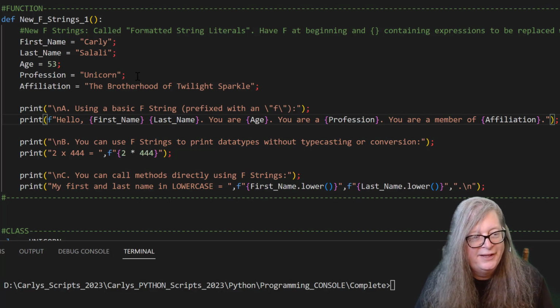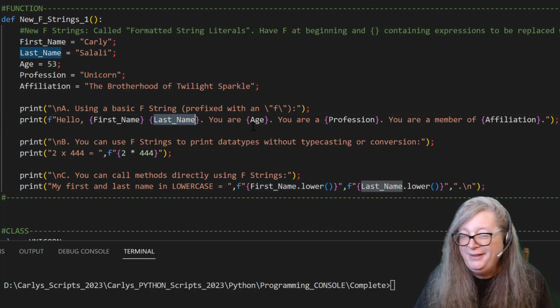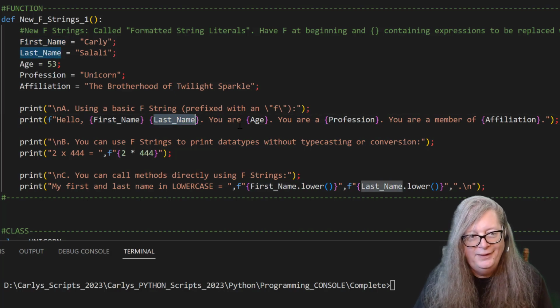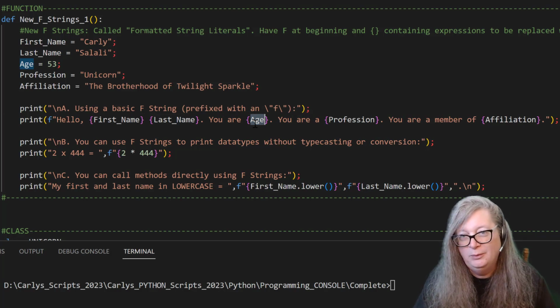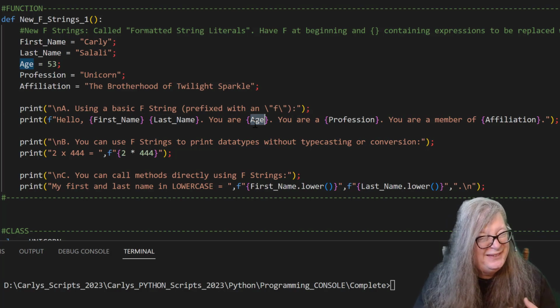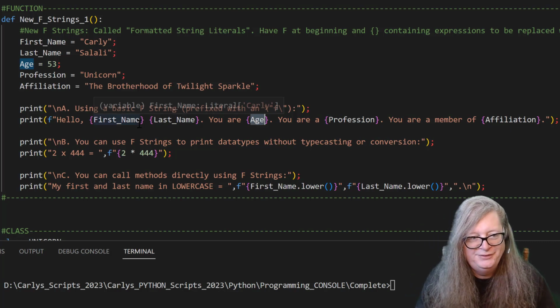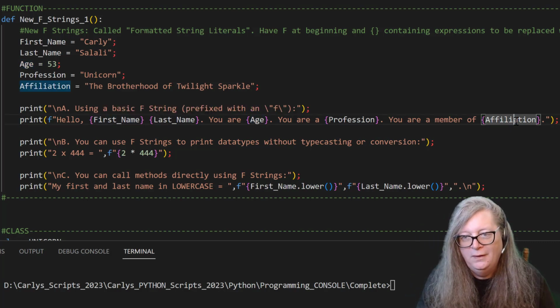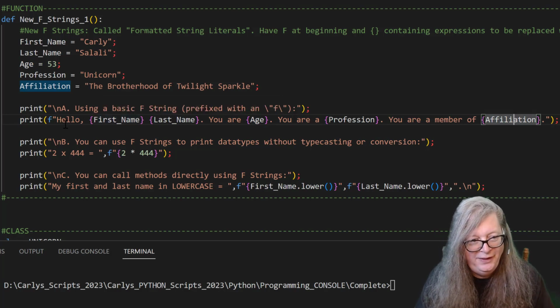But with F strings, I can just use the variables inside of curly braces in any order that I want to. I don't have to terminate it with a double quote and then use a comma as I would with a standard string class. I don't have to concatenate anything with the overloaded addition operator. I just pass the variables in any order that I want to, as long as I put them in the curly braces. So this will display the same thing, but